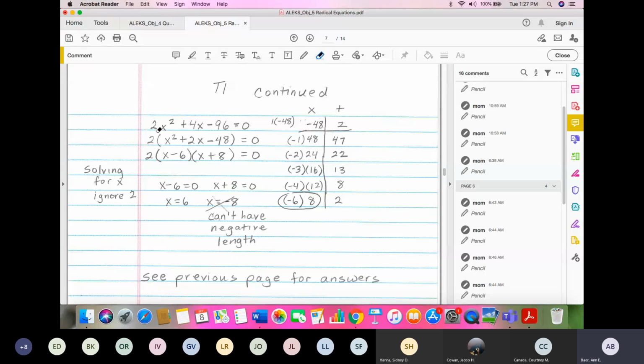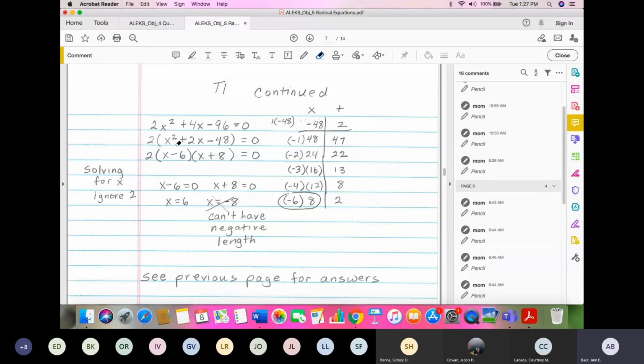So it's important. If I take a 2 out of this term, the 2 goes out front, we have just x squared left here. 4, I can write as 2 times 2. One 2 goes out front, the other 2 stays, and we get plus 2x. Minus 96, a 2 can go out front. If you take 96 divided by 2, you get 48. So that's what we're left with. So we've got 2 times this.